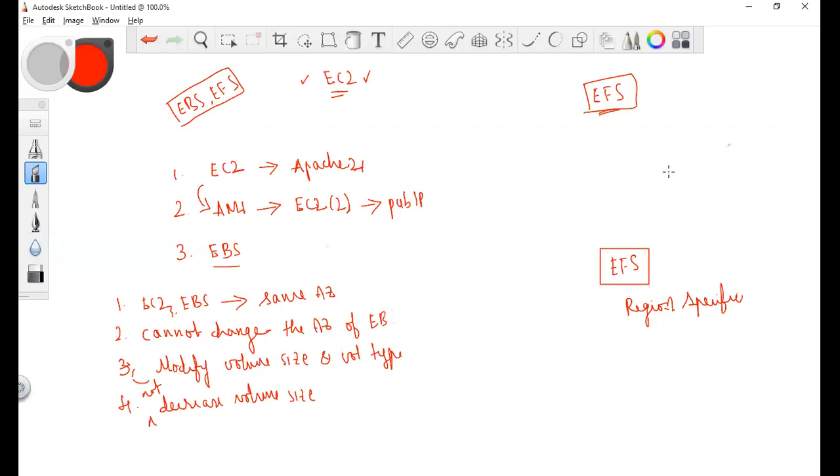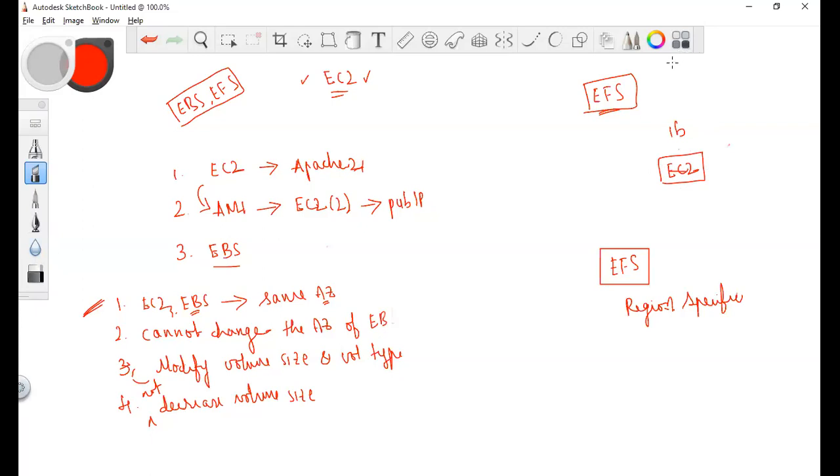That is the reason wherever your EC2 instance is, in whichever availability zone, 1A or 1B or 1C or 1D, you will be able to mount to this EFS, attach to this EFS. So you need not worry about this point in EFS. When you're creating an EBS volume, you should be in the same availability zone. But when you're creating an EFS, you don't define it at all, because EFS is region specific and you need not worry about where your EC2 instance is. First point.